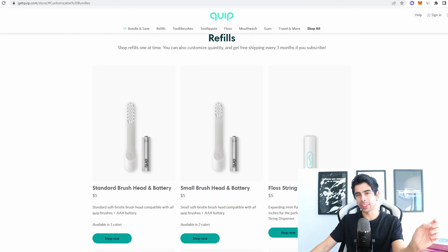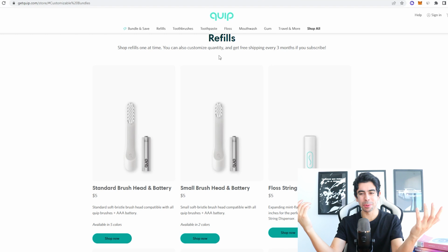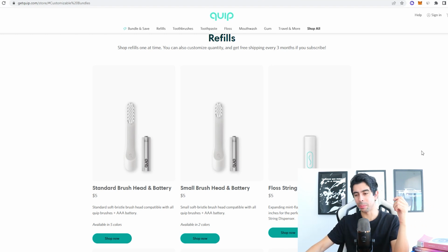So another vertical that this brand tapped into that is genius is refillable stuff. So you can either just refill your batteries and stuff like that, or your toothbrush heads manually, or you could sign up for a subscription. So they have a recurring revenue model here and the tech app that we mentioned. So yeah, I think this company is easily going to be worth $1 billion one day, but we can learn